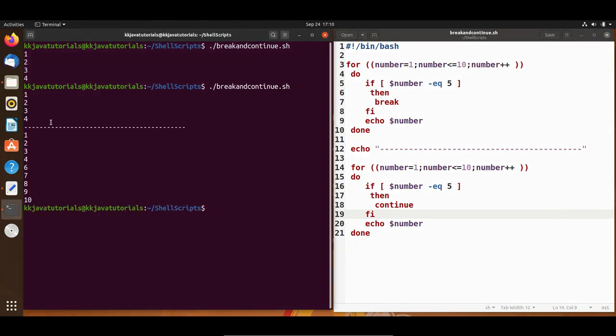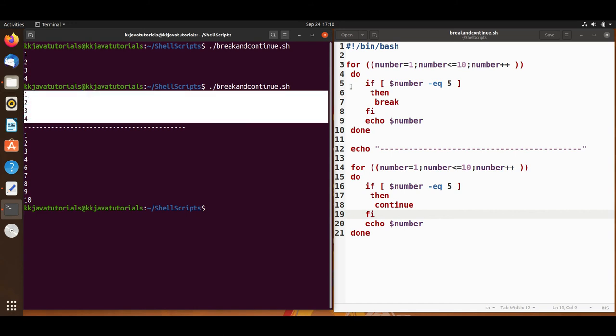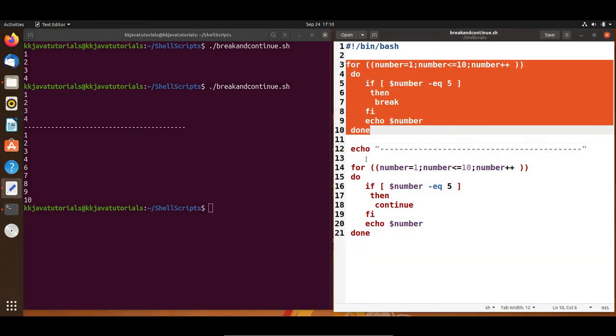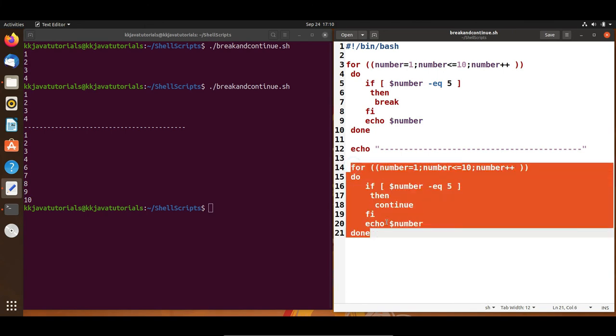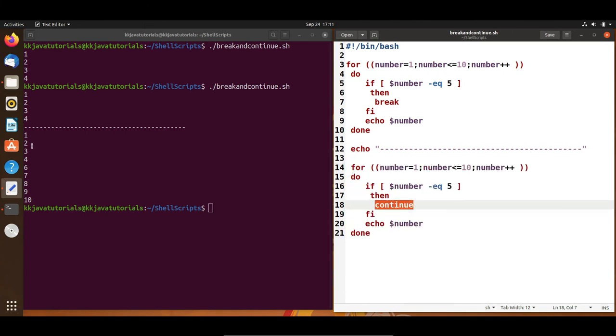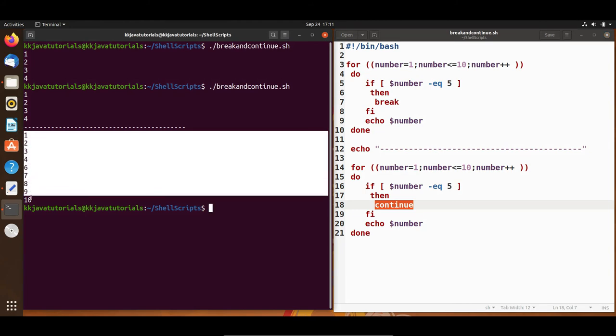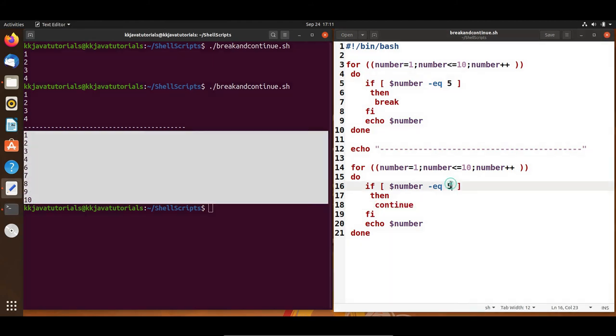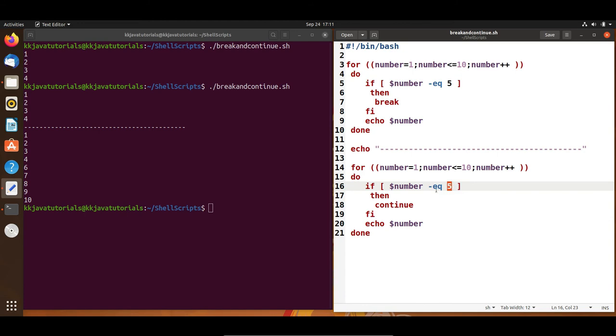If I run this, first we got this output for the break statement inside the loop. When the next for loop executes, we have used continue, right? Then here you can see every number gets printed except 5. When the number becomes 5, I don't want to do any kind of processing, and that's the reason this statement is not executed. When the number becomes 5, continue is called, and continue means this will go back to the for loop itself.